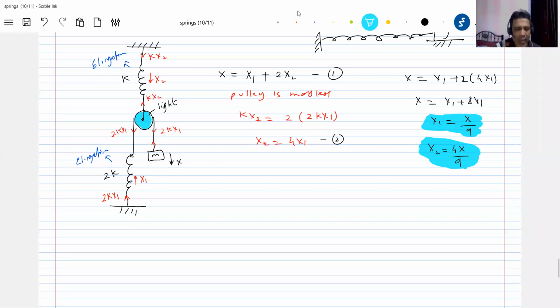With SHM, we can find the equivalent spring constant. If you take some Pathfinder books, they ask questions like this, where you need further concepts from the SHM chapter. Simple harmonic motion needs around 6 hours of discussion, then we can conclude here. But in exams, they may ask you to find the elongation of the springs. I can bring any number of springs and test: if I displace the block by a certain distance, what is the elongation in the other springs. This is the method you have to apply.